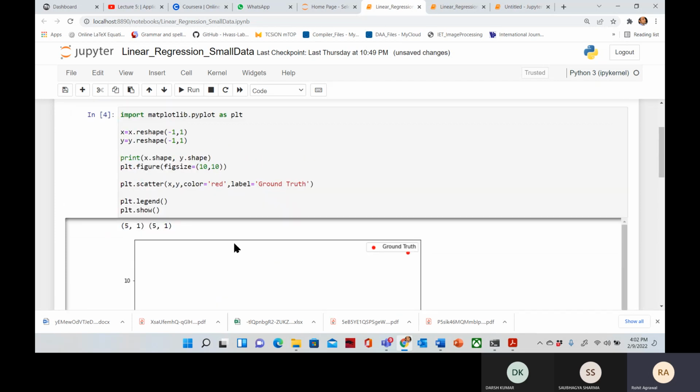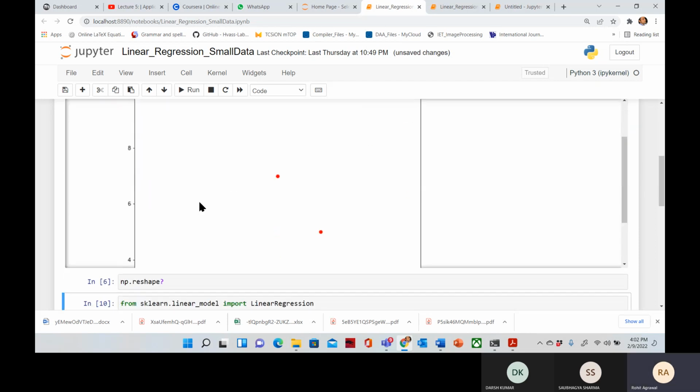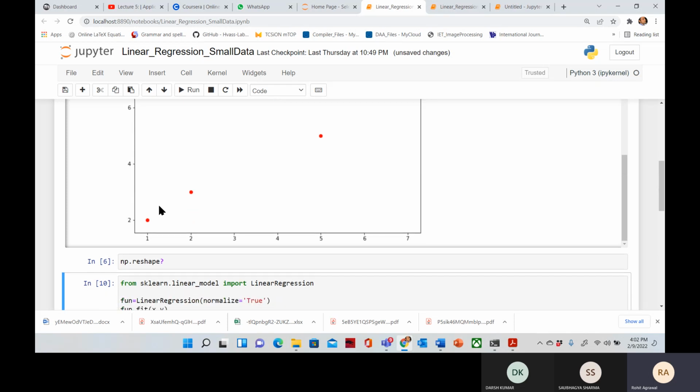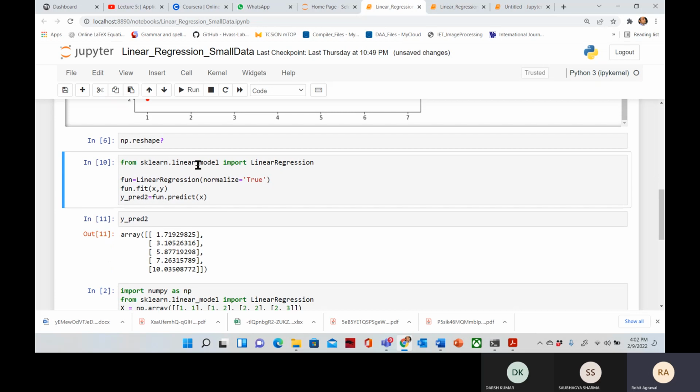Most of the time you will find this thing. So I have just visualized my data. This is my data here. For the x values I have taken some random example; this example doesn't have any purpose. I just want to show how linear regression works. We can take questions from the class as well, and I will show that again. Now, from sklearn.linear_model import LinearRegression. So we used this library.